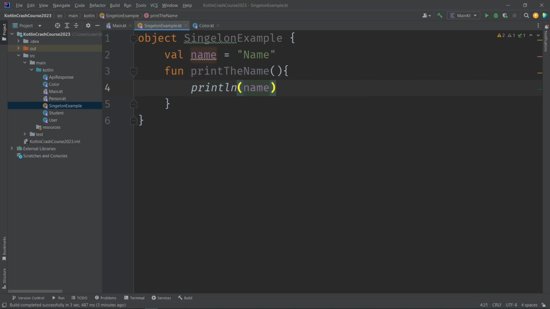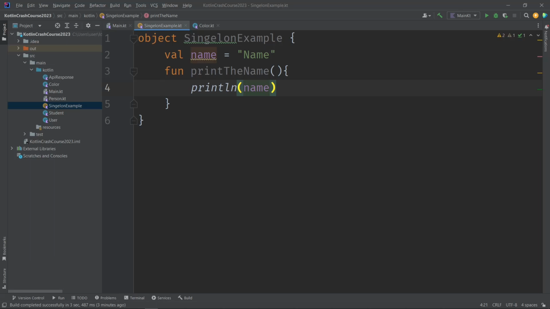Just like classes, we can declare properties and methods inside an object, but they are not allowed to have constructors, which makes sense. The object keyword can also be used to create anonymous classes, and you will see this word a lot in Android development. For example, when you have an on-click listener on a button, you will use it, or when you want to have some inner class for a callback,